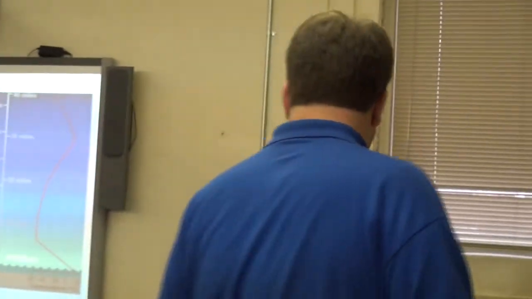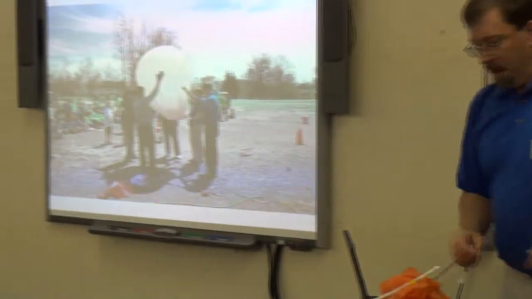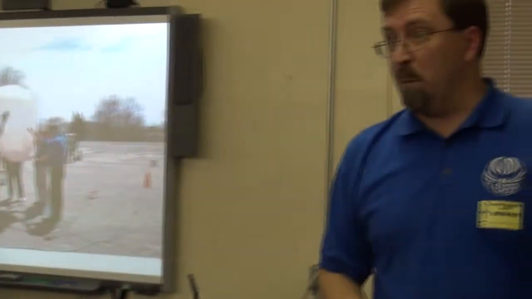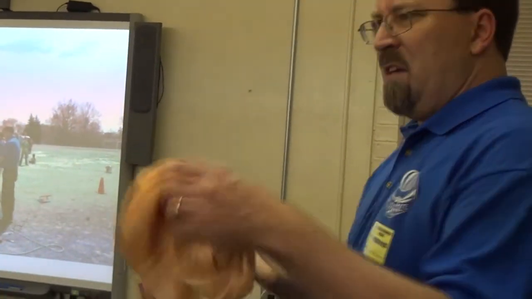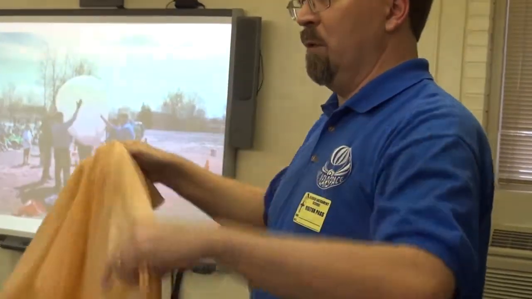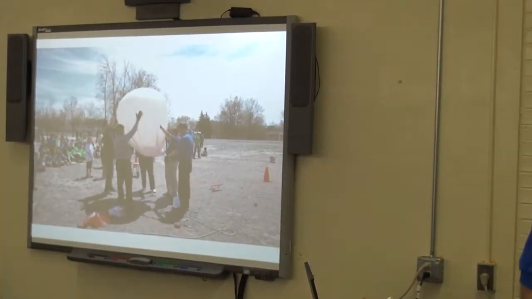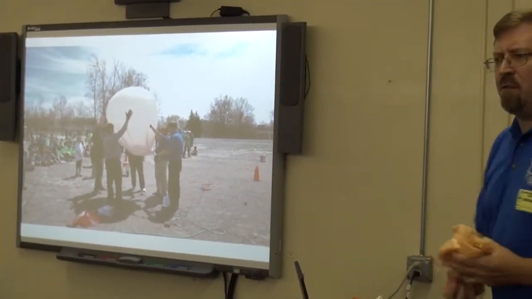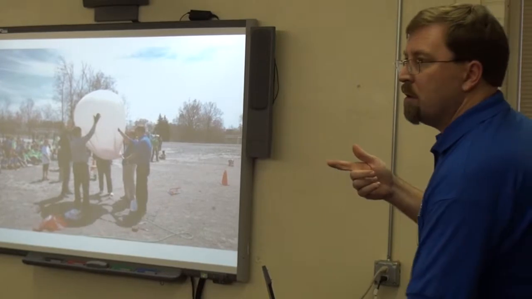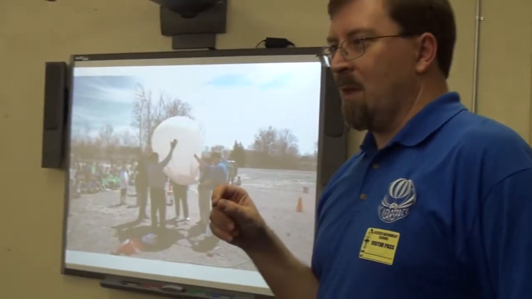So what kind of things can we send up there? Well, first I want to talk about a little bit of how we send stuff up there. I'll just take a few minutes on this. We've got these huge balloons. Big old latex balloons. You can see here we are at a school filling it up. We often use helium or hydrogen. One of the things that we're going to do for this event is we're going to use hydrogen.